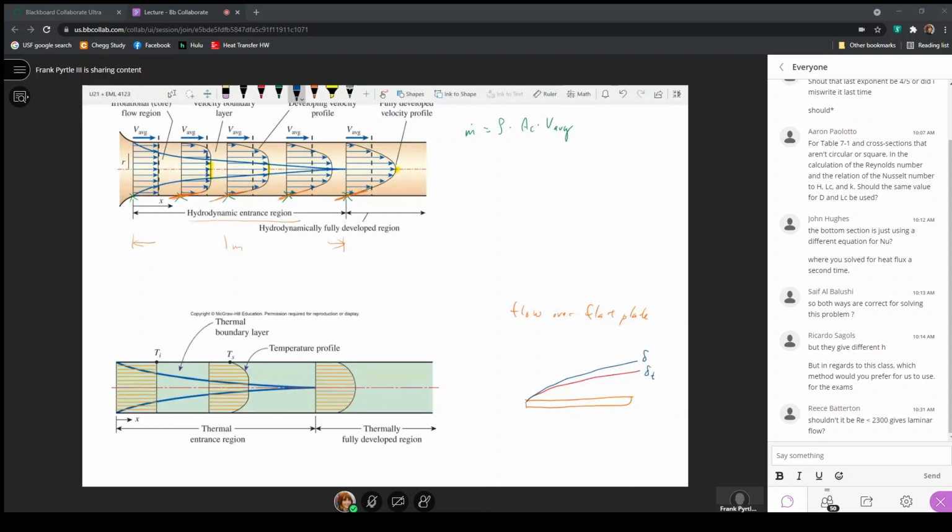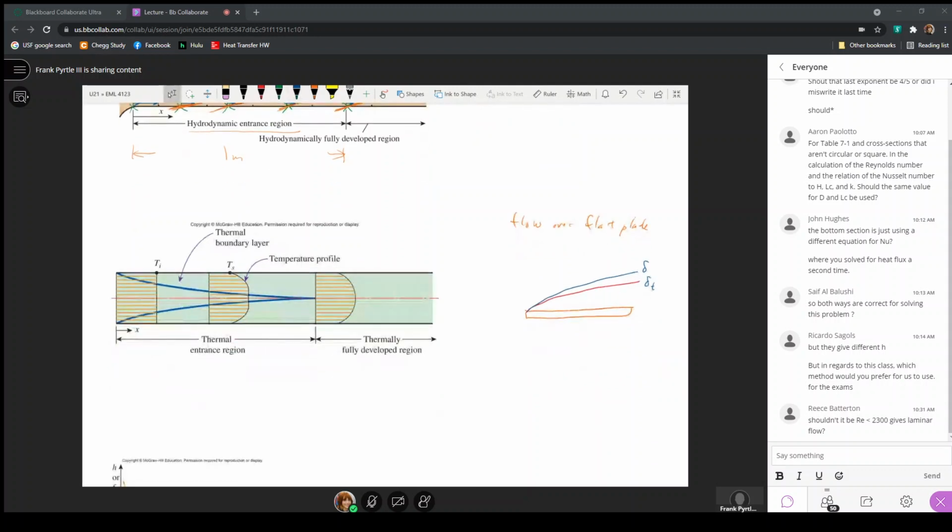So the average velocity is a constant, and the shape of this profile is a constant. In the thermal boundary layer problem, the shape becomes a constant, but the magnitude of the average temperature does not become a constant. And that's because, let's say in this problem,